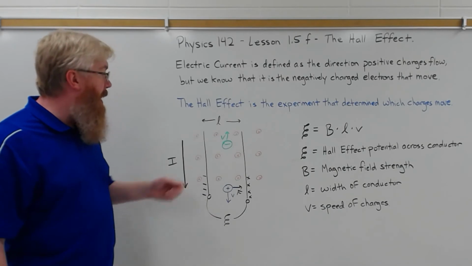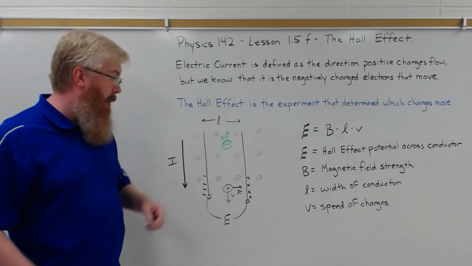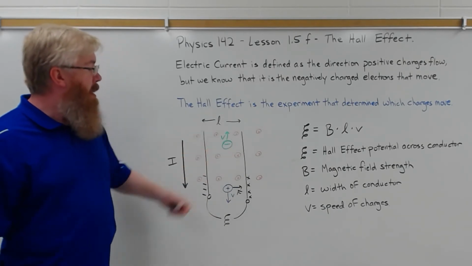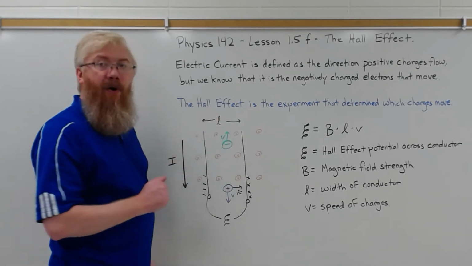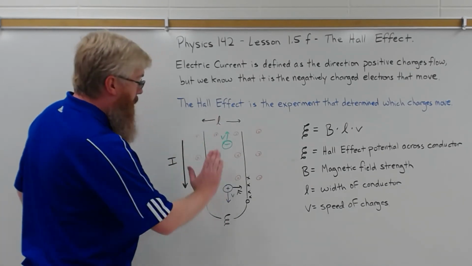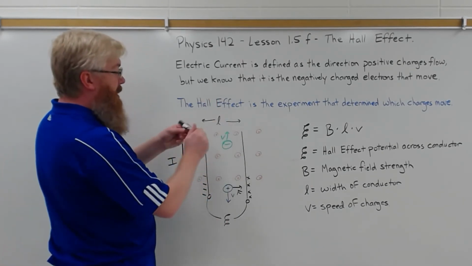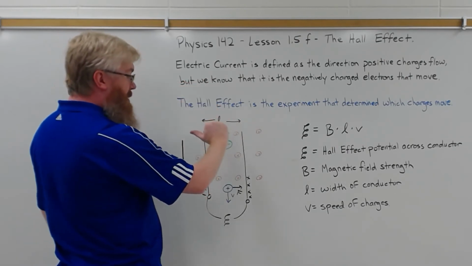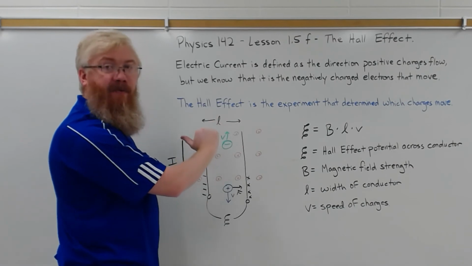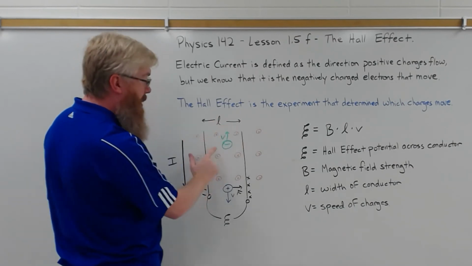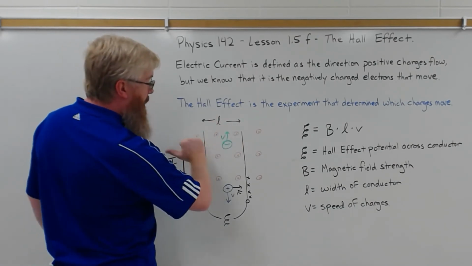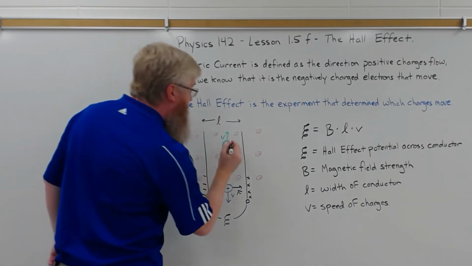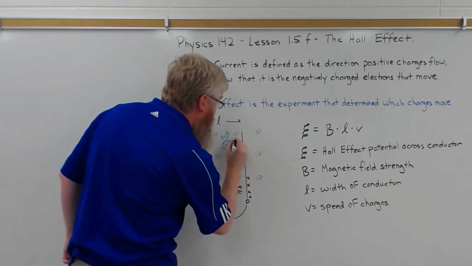Well, how do we know that? Well, let's see what happens with the negative charge carriers. Negative charge carriers are moving upward. Again, right-hand rule. Fingers in the direction of the velocity. Velocity is going up. Push the velocity out of the magnetic field. The thumb is in the direction the positive charges would experience a force. This is a negative charge, so we flip the direction. So the negative charge would experience a force to the right